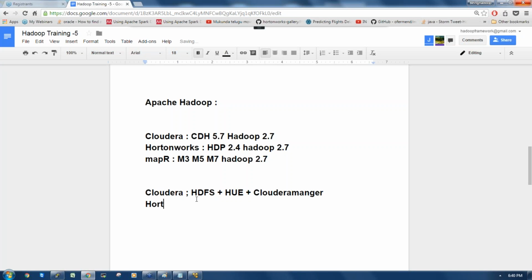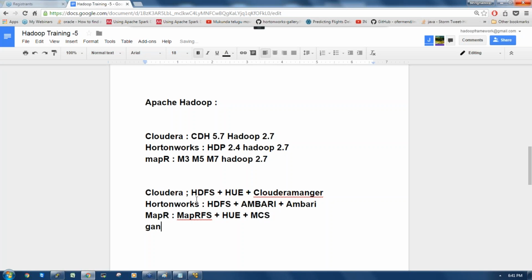If it is Hortonworks, the same file system resides in HDFS. Here instead of Hue, we use Ambari. Ambari is one tool which will give you the graphical user interface, for the Hadoop developers as well as for the Hadoop admins. And if you are using Hadoop from MapR, MapR doesn't have HDFS. MapR uses the MapR file system, so their file system is MapR-FS, and the GUI for the developers is available here, and administration can be done with MCS, the MapR Control System.